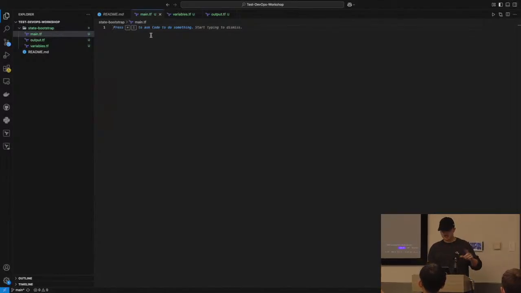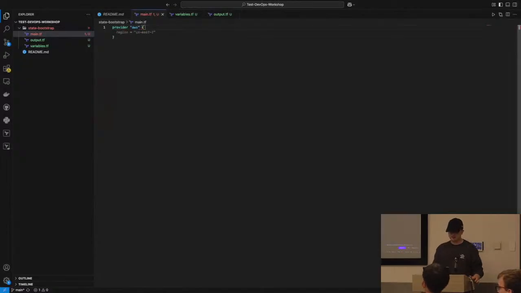So how do we manage the state, right? We need a central place where we can access our infrastructure. What we're going to be using here is Amazon S3. It's basically a way to store objects inside of your cloud. Anyone with access to that S3 bucket can reference the state. The first thing you need to do in Terraform is define your provider. What this does is it essentially allows you to tell Terraform what you're going to be talking with, so it knows what configurations to look for, what credentials to look for, and things of that nature.